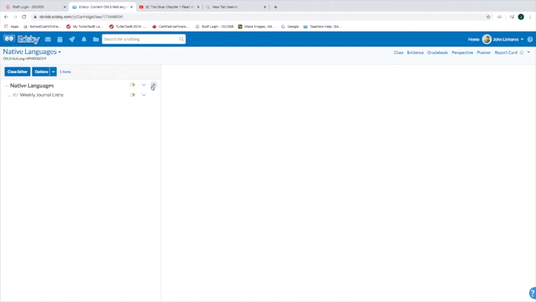So I go in there, edit, and then go into my plus sign. The only reason I like to do it this way is that it keeps things nice and organized, so the kids come on here and just see it. I think when you do it on the wall, it doesn't necessarily enter in here in content, so for consistency's sake, so the kids can see the progression of what's going on,